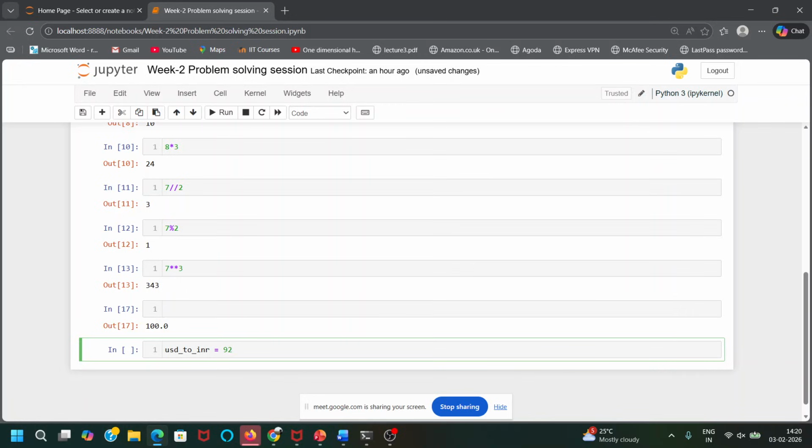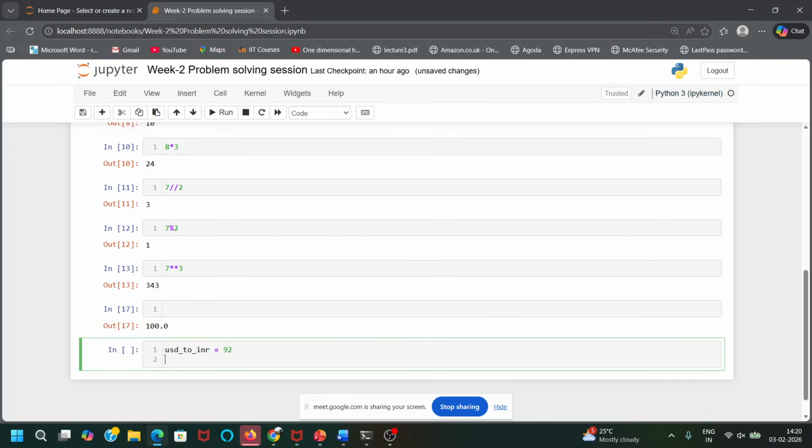I don't know what the current value is. USD to INR, 1 USD is 92 rupees.